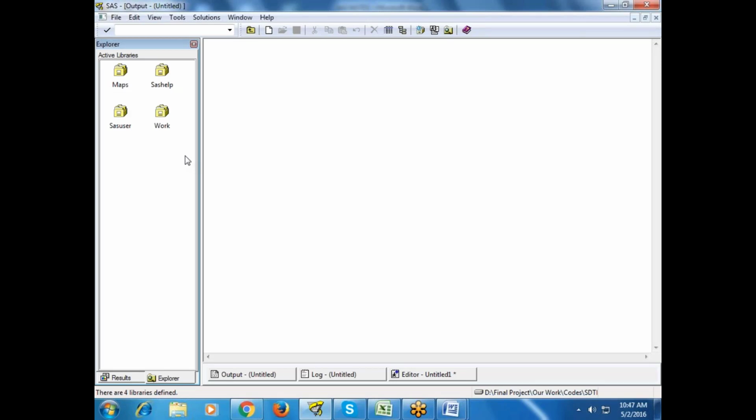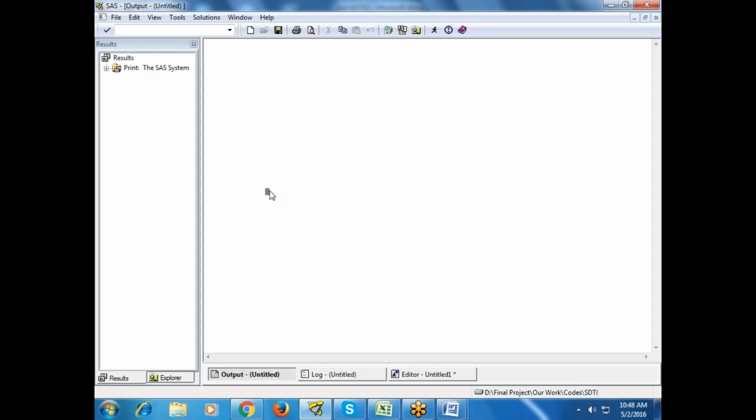Whatever file you create in the SAS environment will sit in your work library. A library is nothing but a folder where you store some files. Normally in a system we call it a folder, but in SAS we use the terminology library. And results: your results window will display a list of all printed results, however many times you print. So this is just a basic overview.